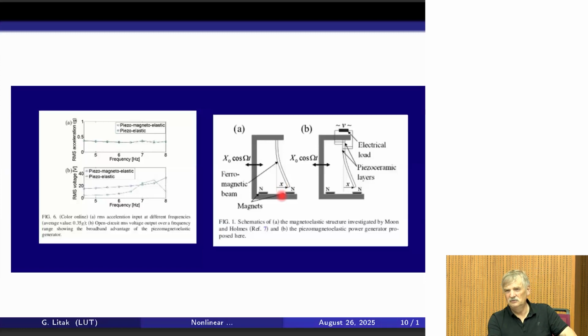And if you assume, because there was such an assumption, that the beam is ferromagnetic, you have some attraction to the magnets, to the right-hand side or left-hand side magnets. Then you have two equilibria, and you can find some small oscillations around one equilibrium and the other equilibrium, or if you have larger